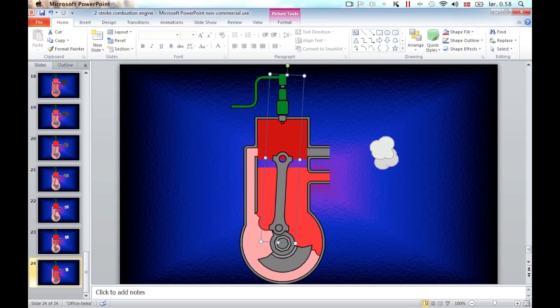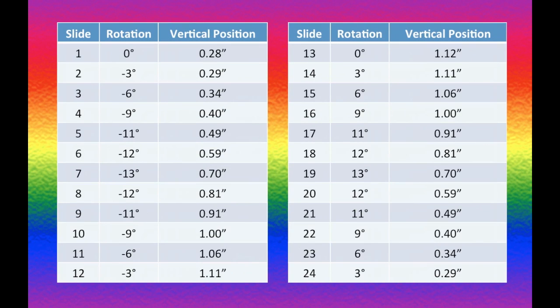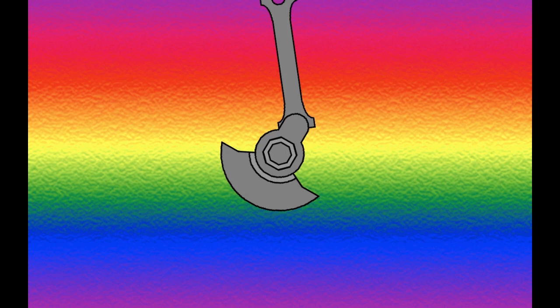The tilting angle and the vertical position used for the piston shaft in these 24 slides are as follows. Notice the beautiful mathematical symmetry of these numbers. This symmetry actually ensures a smooth movement to the piston shaft in our video loop. These numbers are critical to the connection between the crank and the piston shaft and thus essential to make our